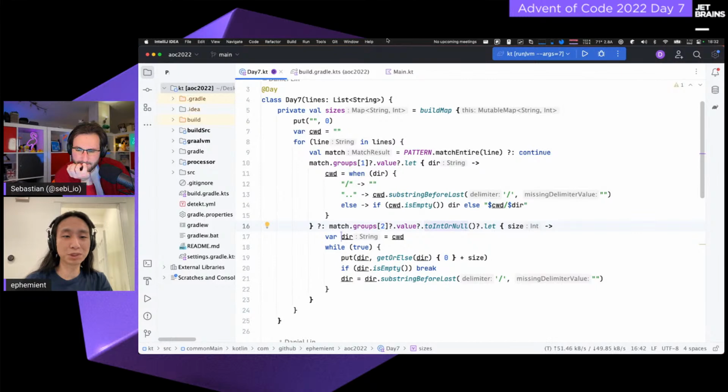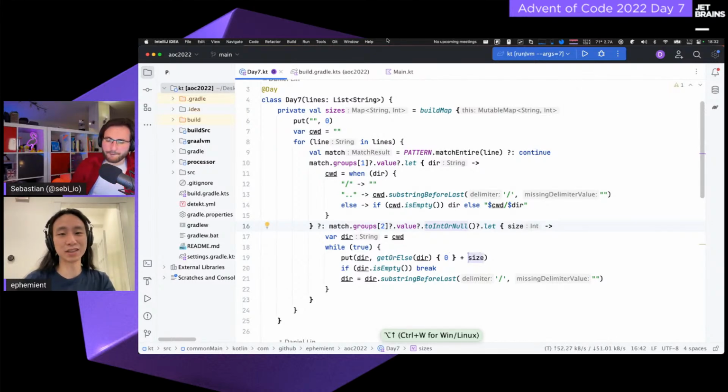So what I'm doing is I'm starting with the current working directory, and there's a slightly awkward dance you have to do in Kotlin with nullability, but basically here I do getOrElse. What is the size that I have in this directory so far, or 0 if this directory wasn't in the map yet.